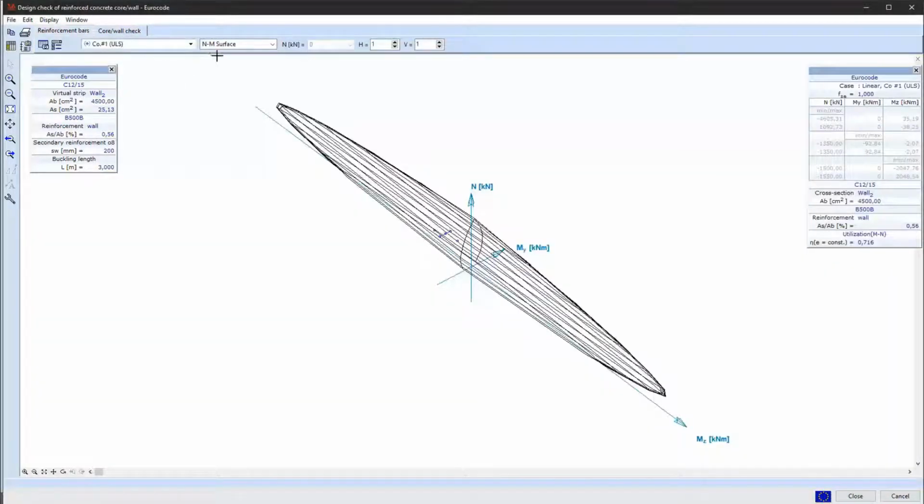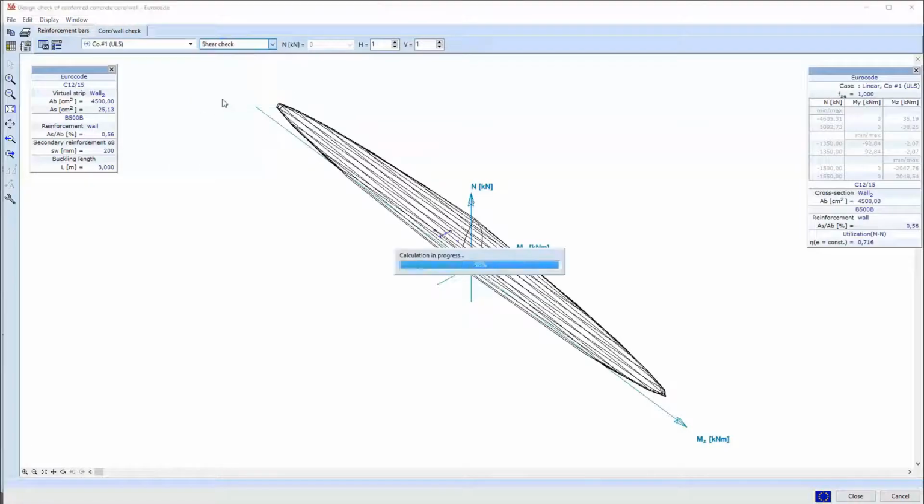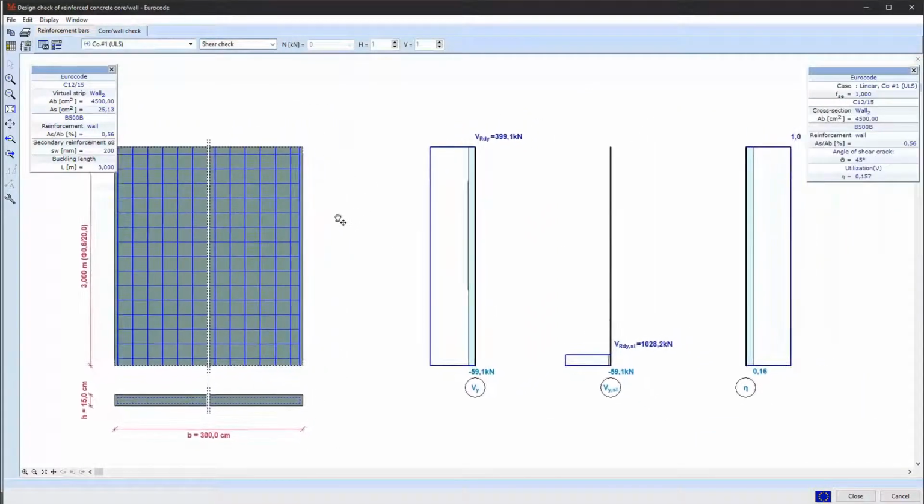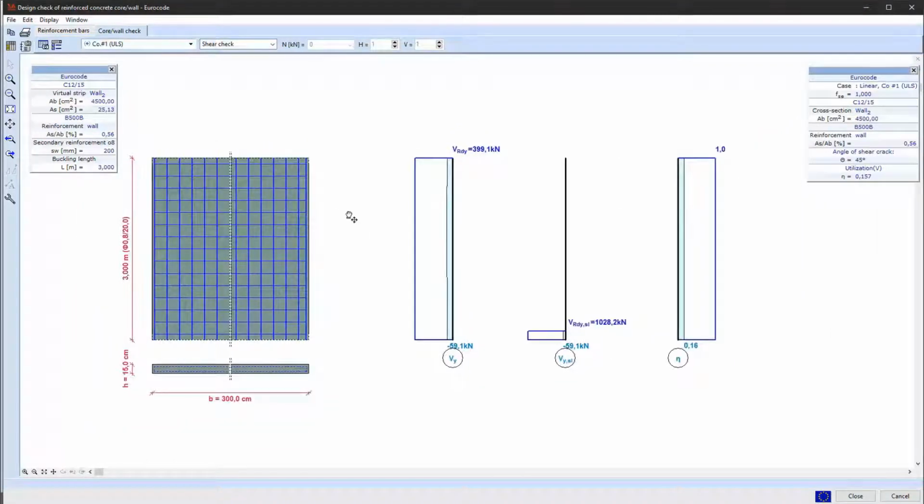The walls are only verified against shear forces parallel to the wall, and in the result window you see a side view of the wall and its reinforcements, the design shear force and the shear resistance with the blue line. In the case of sliding shear, which is enabled in this case, and it is the middle diagram, you see the design shear force at the bottom of the wall and the sliding shear resistance with the blue line.